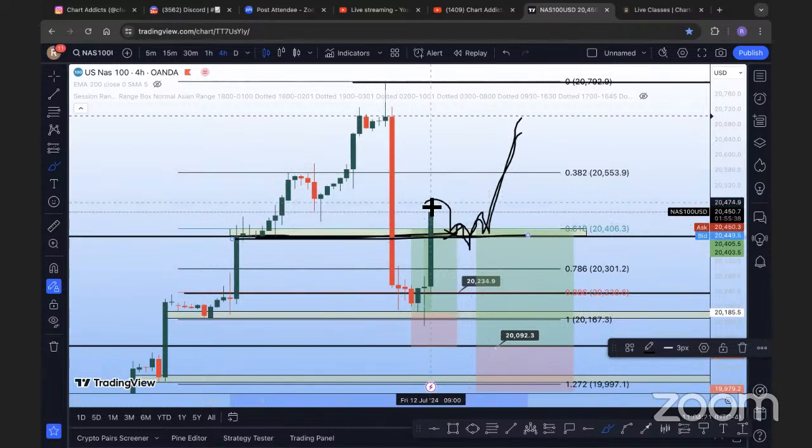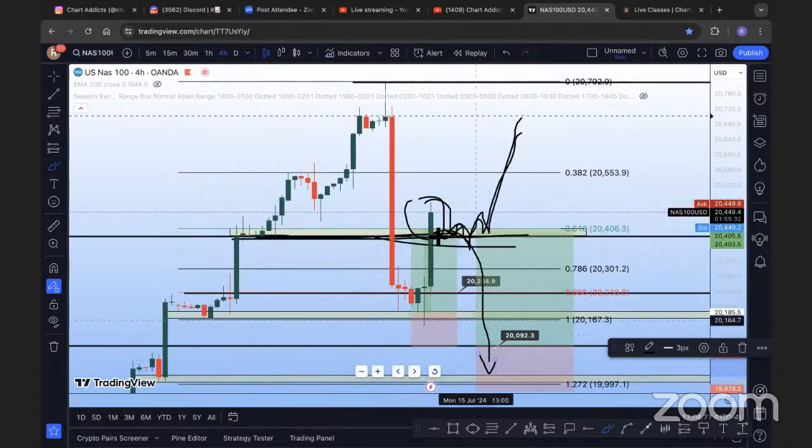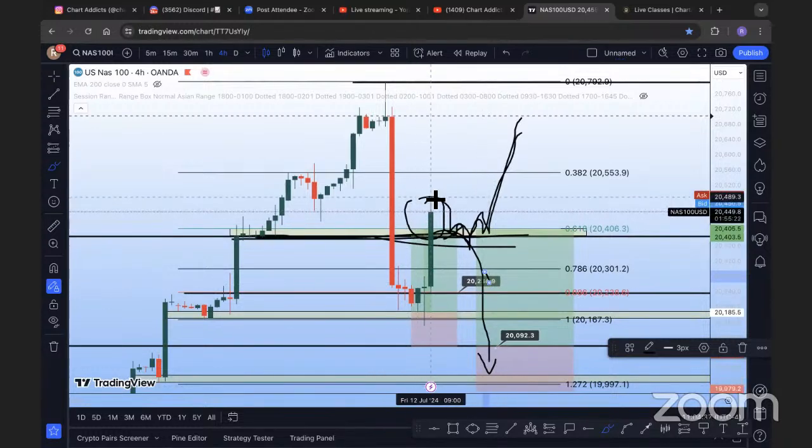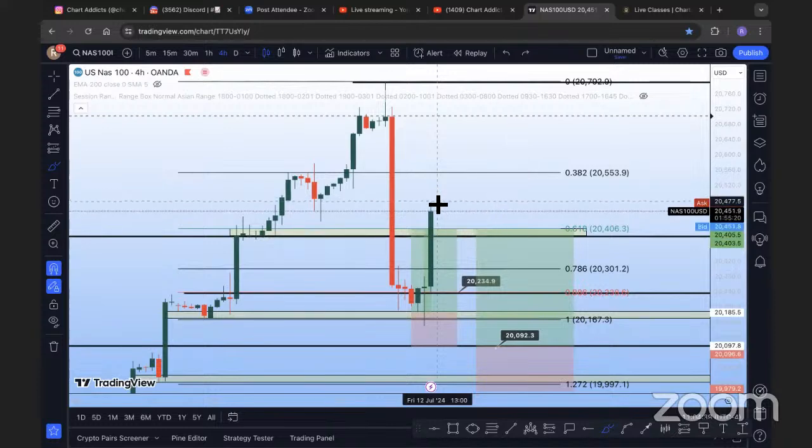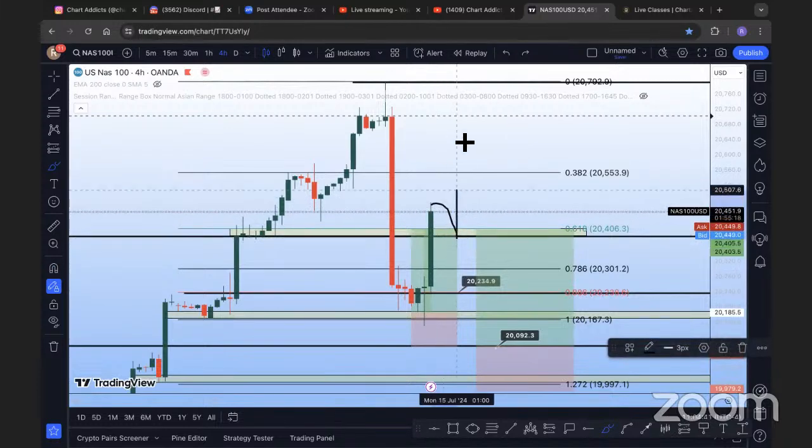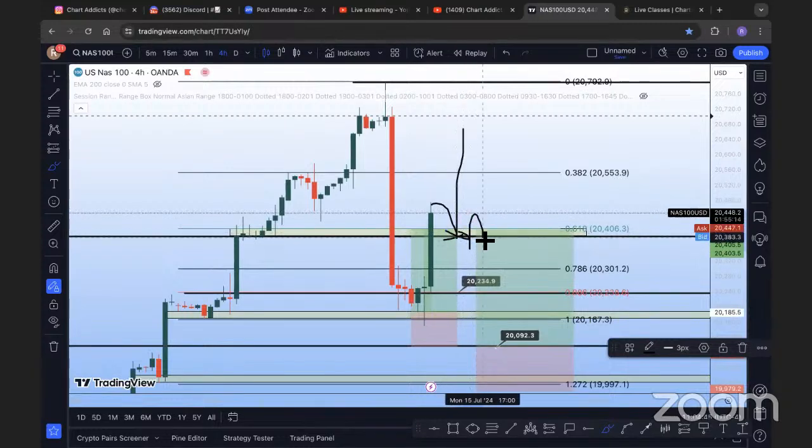Obviously we have to see how this 4-hour candle closes, because if it wicks and closes below this, then this was like the world's greatest retest candle. If it wicks back under that zone, that means next week we're going to have the second leg of that big drop. If we close above, then the next trade is going to be retest and pop. And obviously over here, it's going to go through the zone a little bit and pop off.